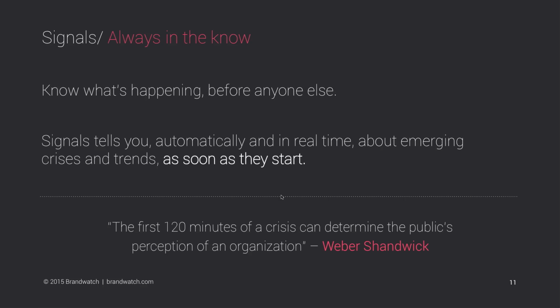So we can really understand: is this part of a trend, is this mention important in its own right, is this interesting? And being able to understand millions of pieces of information in real time is really important to us. And then we deliver that to you as an email that's easy to understand and fast, so that if a crisis is happening, you get the information as quickly as possible so you can act on it. That's really important to us, because we found that the speed of this information was almost just as important as the insight it was bringing.